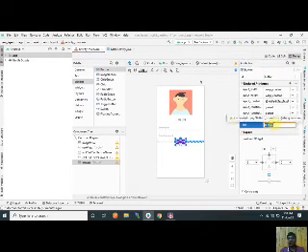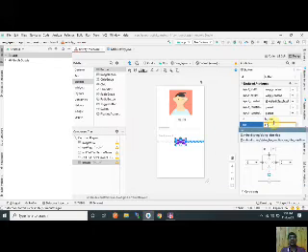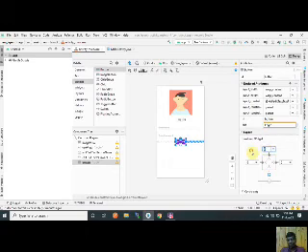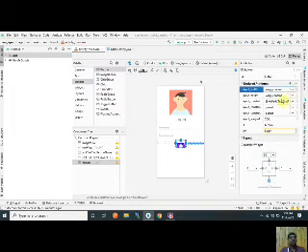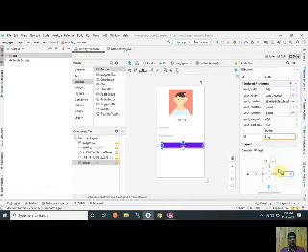What is the text? Login. Now give 30, match parent, but for the left and right I give more, 40 here and 40.